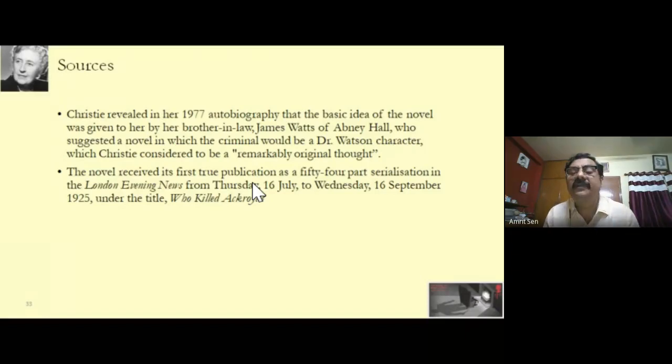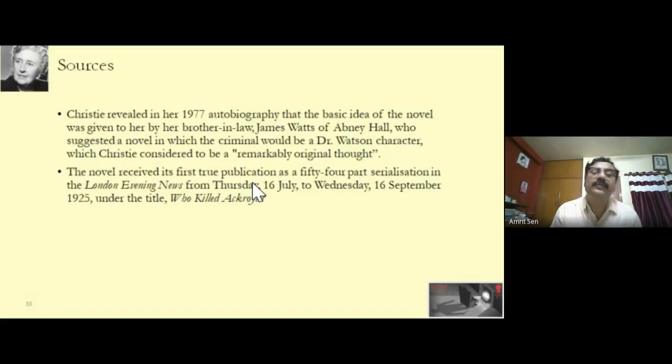So she was bringing in a radical departure to the form in transforming the confidant into the criminal. Now, the novel was serialized in 54 parts, that is, see how it was broken up, in the London Evening News from 16th July to Wednesday, 16th September 1925, right? So you have a 54-part serialization. Just as you see serialized novels appear in the country, it came out in installments. And the title was Who Killed